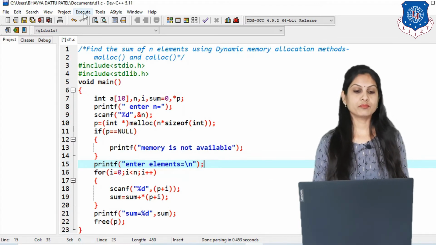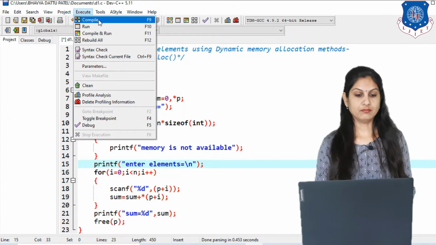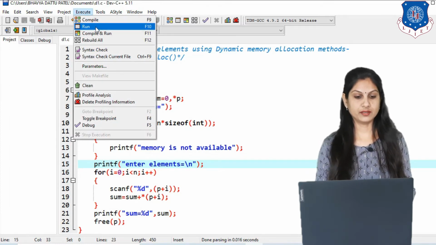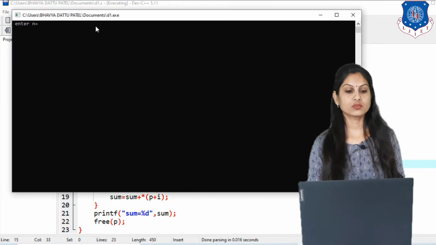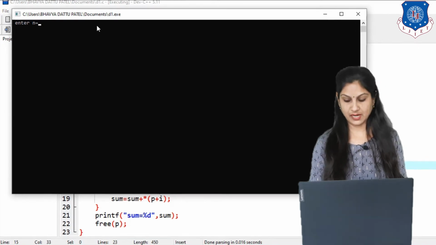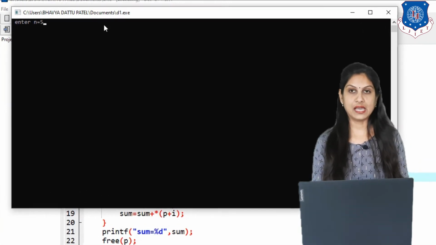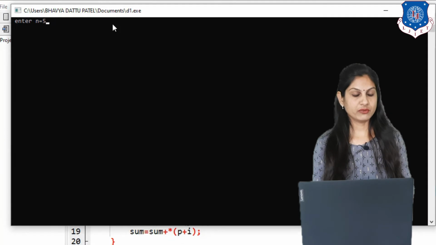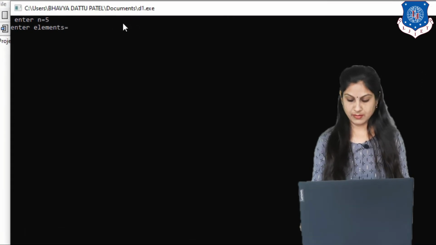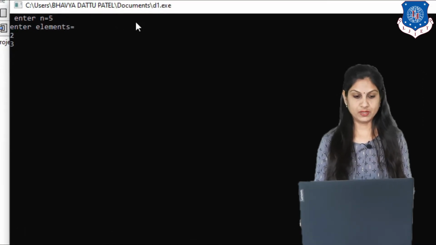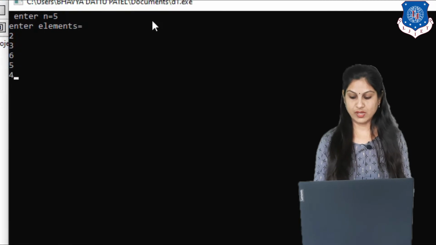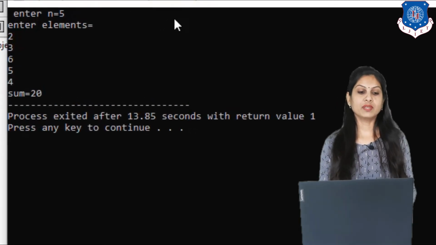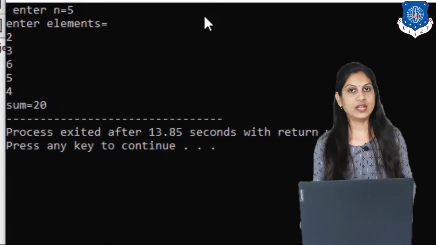Now execute the same program again, compile first and then run it. So you can see the message enter n, and now I am entering 5, which means you can store 5 different values and enter elements. Now we are entering 2, 3, then 6, 5 and 4. Then the sum equals 20, which you are finding.